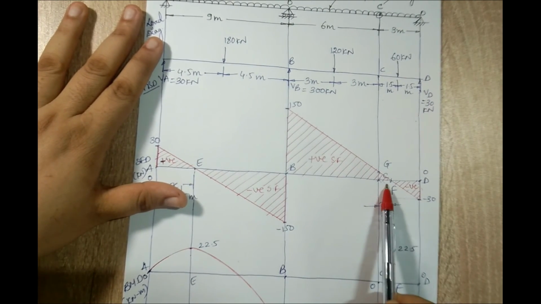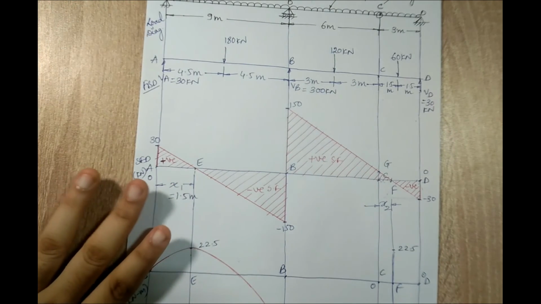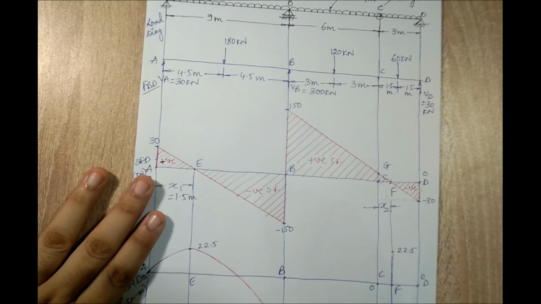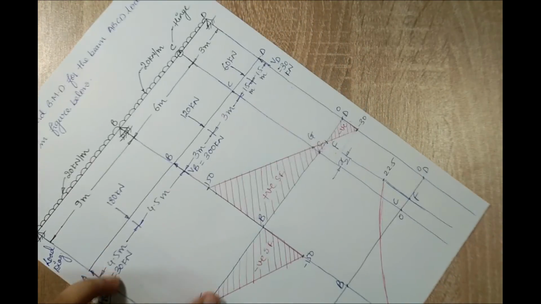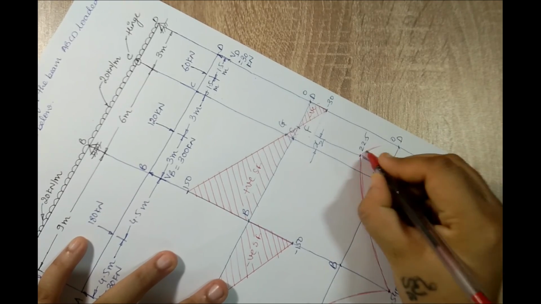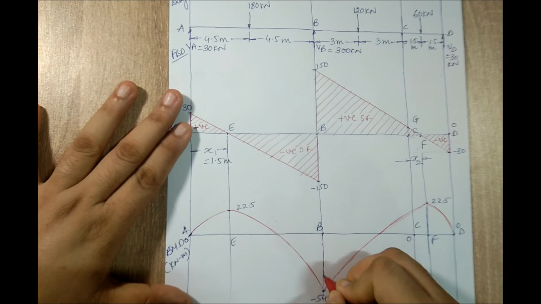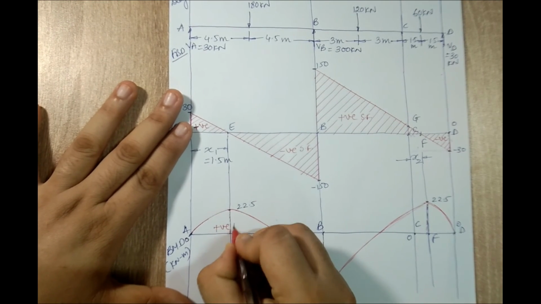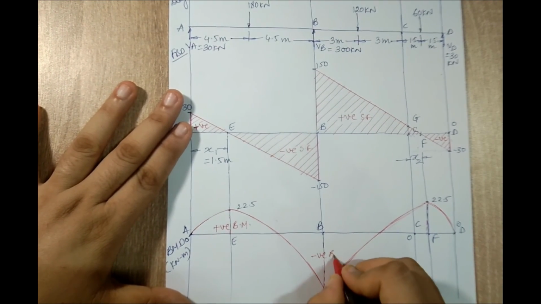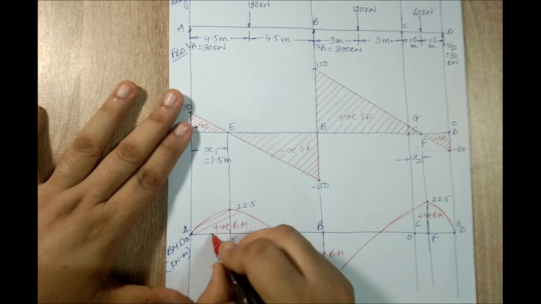From the portion B to C, if you observe, there is a decrease in slope, obviously up to this point F. So here again I'm going to draw above the line. So it will go something like this. And again from F to D, you can see a further decrease in slope. So this is the line above the curve. So this is how you are supposed to join the bending moment graph. This is the point B, E, F. Here I'll write positive bending moment. This is negative bending moment. And this is also positive bending moment. I'll join with a hatching line.